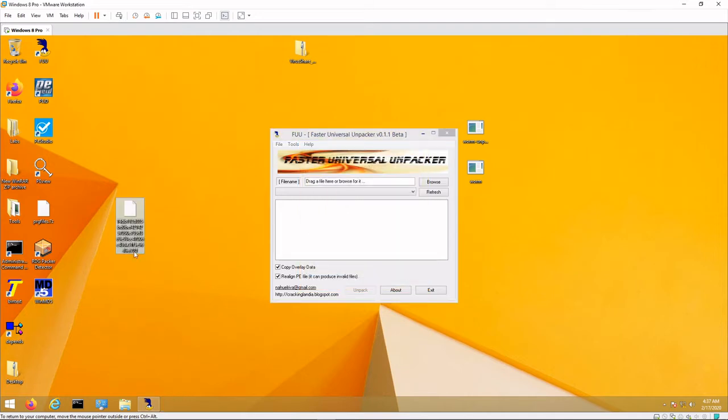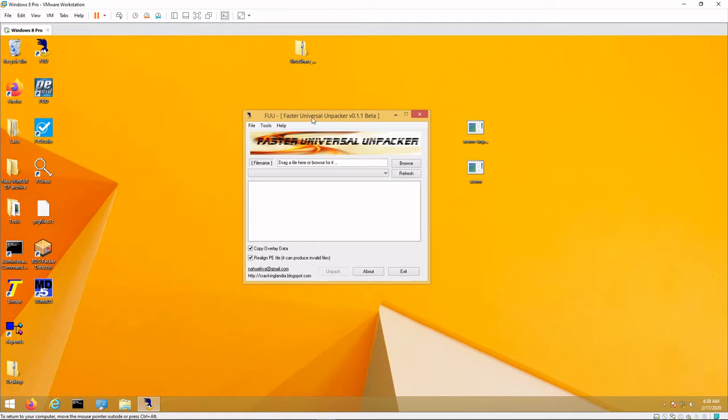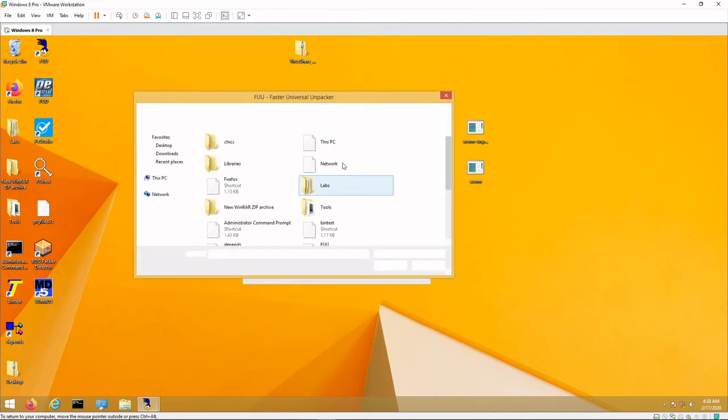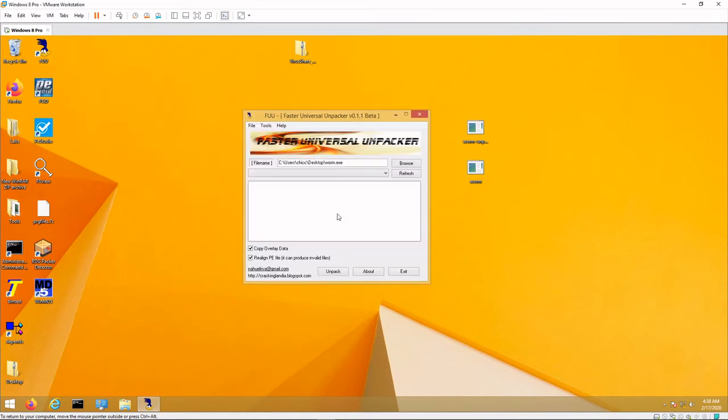It's just a file, so you have to rename it as .exe so it can become an executable and we can run it. We're going to do static analysis in Windows 8 because most of the tools that we're going to be using for static analysis are in our Windows 8 VM. So just drag the worm. Oh no, you don't drag. Browse for the worm and then unpack it